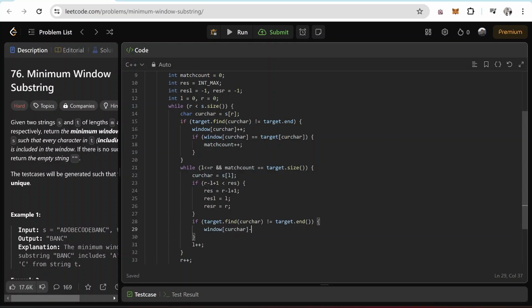Target will not change. And before I decrease it in the window, I'll also check if I'll need to reduce the match count or not.